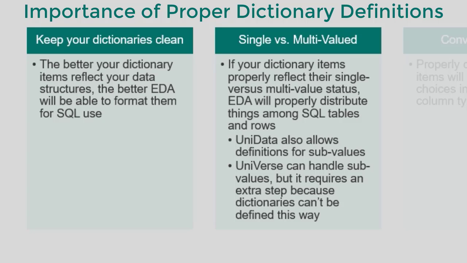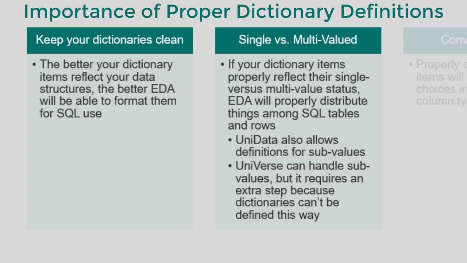You really want to make sure that your dictionary items establish whether something is a single value or a multi-value. If that's not properly defined, things aren't going to work very well because it's going to see something that might contain multi-values and it's defined as a single value, and then that gets pretty ugly when you get it over